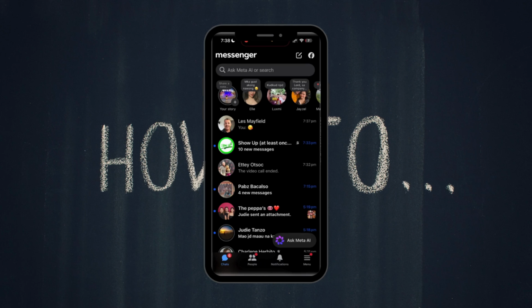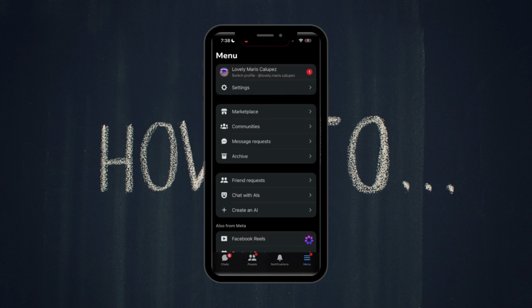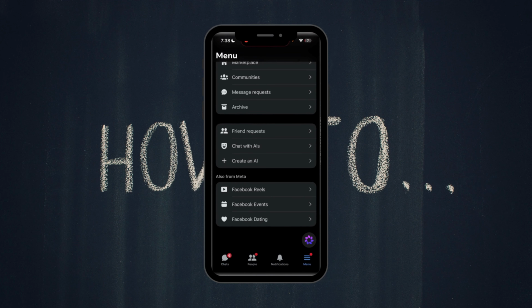Hey guys, I'm going to show you how to unblock someone on Messenger. If you block someone on Messenger only, you can unblock them like this. So open the Messenger app, tap the three lines or the menu in the bottom right corner, then scroll down